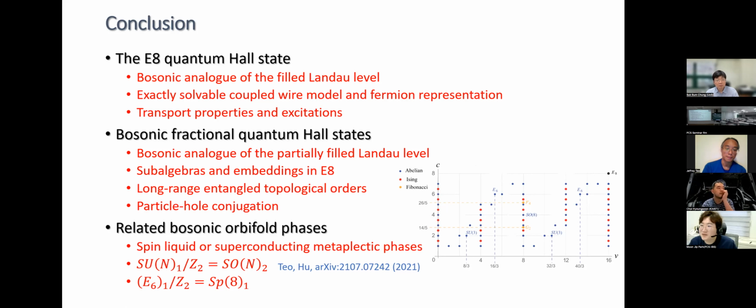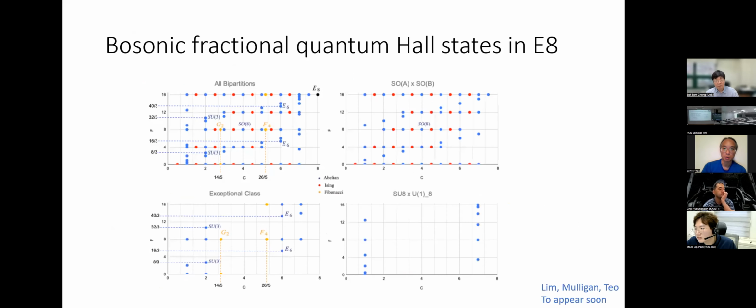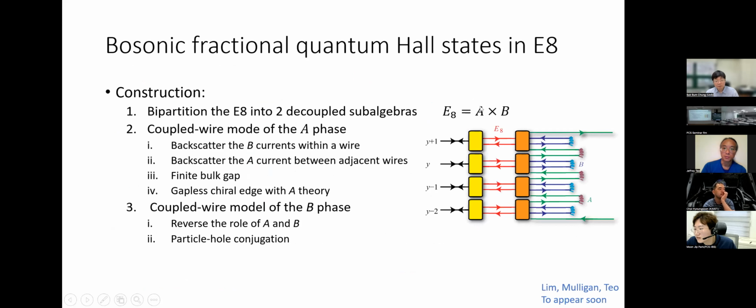Okay. Can you explain to me one more time why this 180 rotation occurs in this table? Yeah, it's basically because of the way we construct the states, where we bipartition the E8 state. So for example, I'll go back to this construction here. The A phase and the B phase are related by subtraction from E8. So if I occupy the A phase by particles, then this is particle-hole conjugate to the state where I first start off with the E8, and then I subtract from it holes that occupy the B phase. So these two phases are the same.